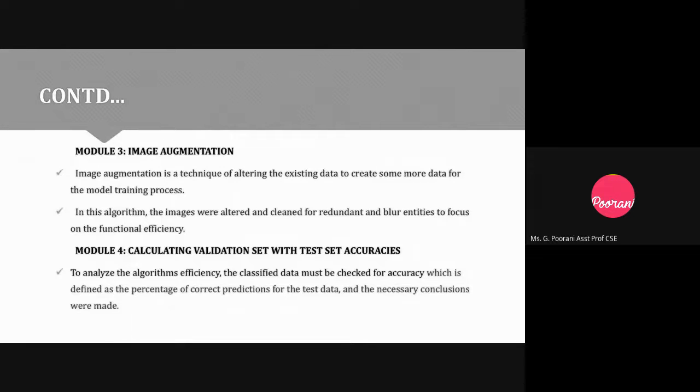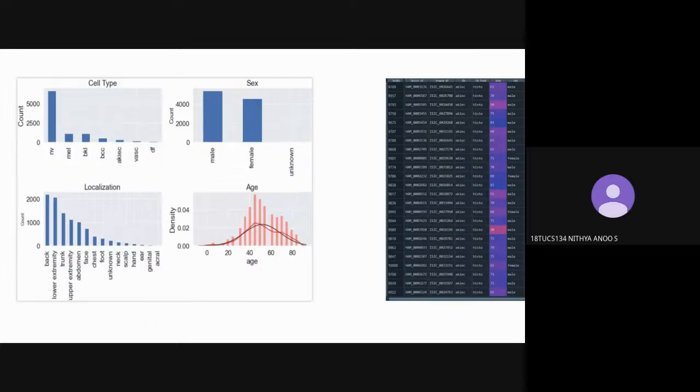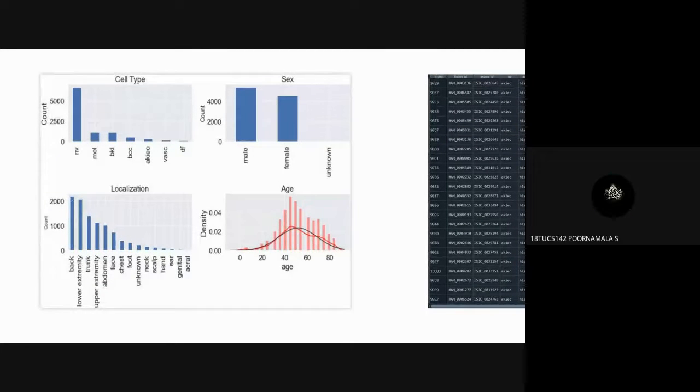Yes, ma'am. Nitya, now go to the next slide. So these are the results, ma'am. So as I had said, first wait, Pavitra, please do explain. Ma'am, the first image shows a... It is not visible, Nitya. Is it fine now, ma'am? Yes. The first one is nothing but we have